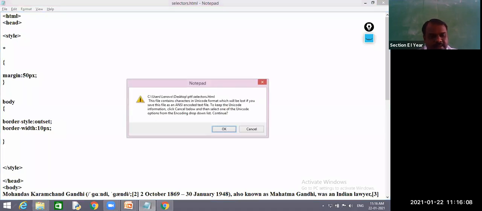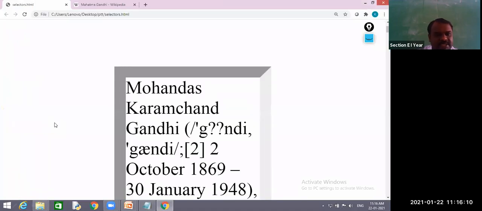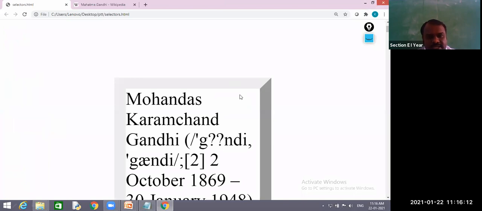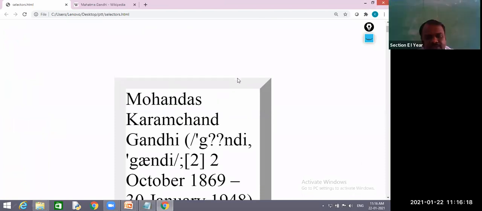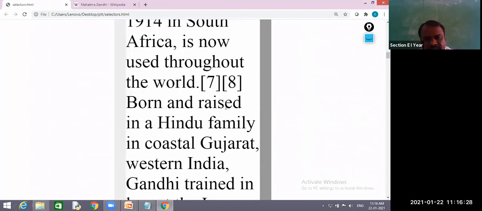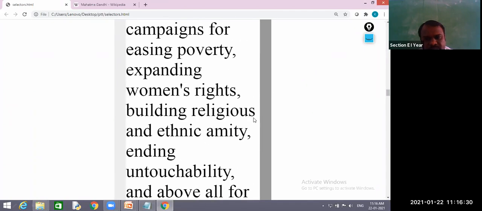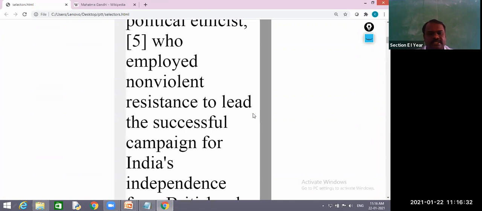Outset, and we'll see the output. So are both of these interchanged or not? Yes, sir. Okay, so this is inset. If you are expecting the top and left corners with these thick lines, then you go for inset. If you are expecting the right side and bottom side, you go for outset.